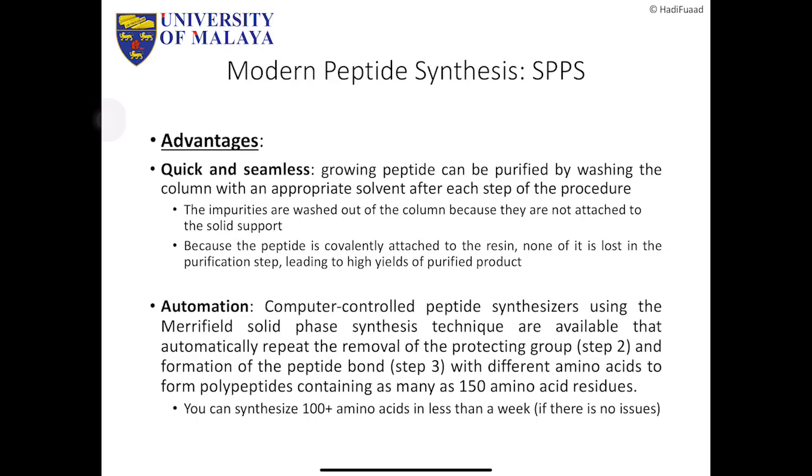I've synthesized a 50 amino acid length peptide protein in 2 days. So it's not impossible nowadays to actually synthesize even bigger ones. The only limitation in here is on the resin itself, which we didn't touch, so I'm not going to